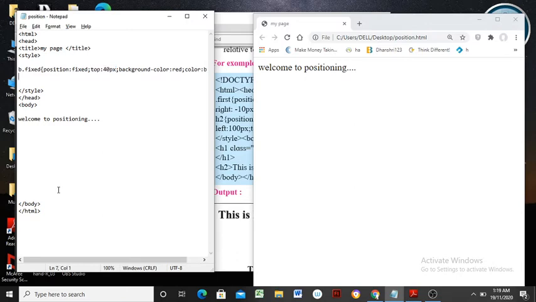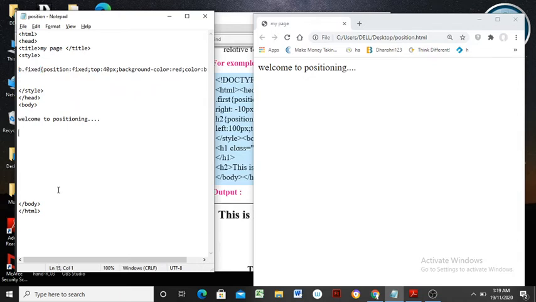I have used a background color of red. The next property is background-color with a value of red. Then the next property I have used is color blue, so such text will be displayed in blue. But this effect applies only when you use this b.fixed selector in a specified manner within a body section.